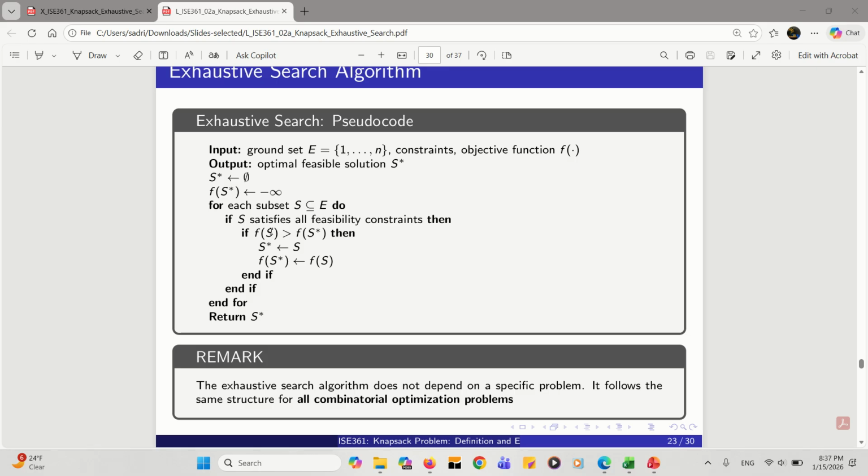So the difference is that every time we generate a possible solution in the pseudocode, we test if it is feasible, and then we compare it with the best solution that we had so far, and store it or not, and then go to the next possible solution and the next one till we evaluate all the possible solutions. So to do that, we go to